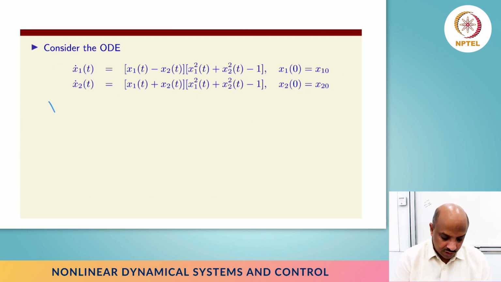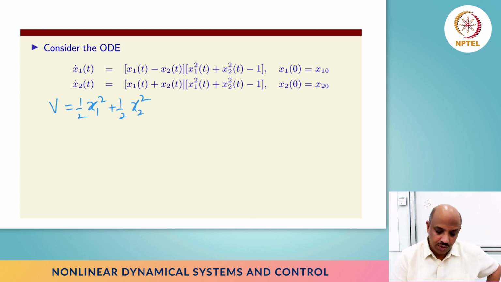So we will consider again x1 squared, put a half or not, it doesn't matter, half x1 squared plus x2 squared, and then start computing v dot, right? So the trick most of the time is going to be simply to pick some quadratic function, or some function that is easy to show is positive definite, and that will satisfy the first condition. The second condition will simply be computing v dot. So when I do that, I'm going to get x1 times x1 dot, and I'm going to jump ahead and